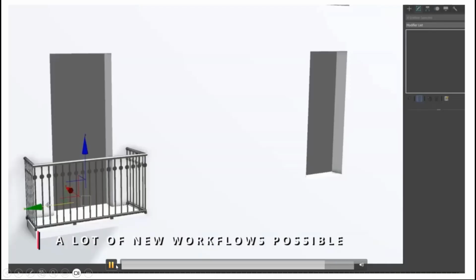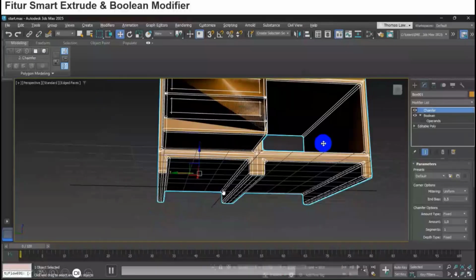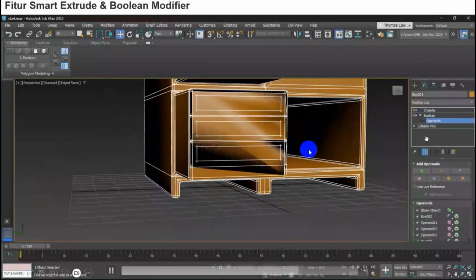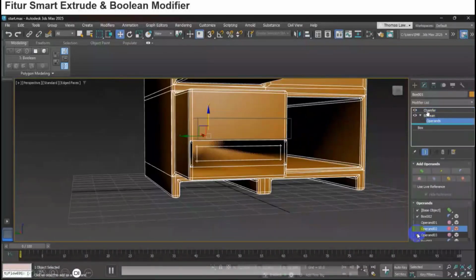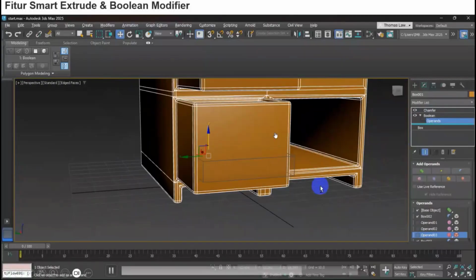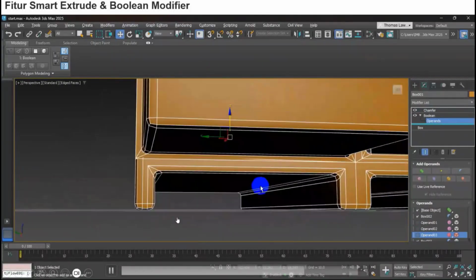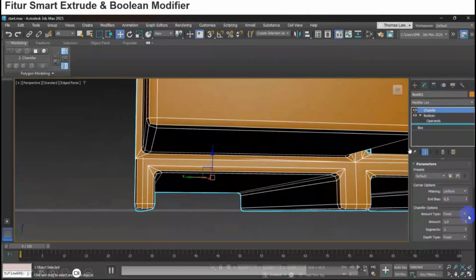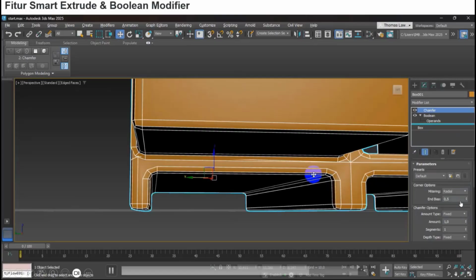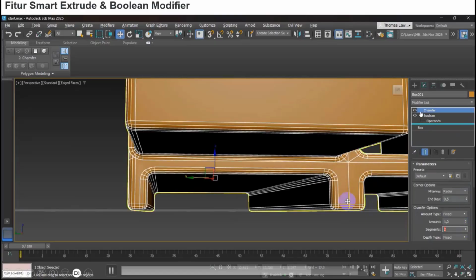I think this is how to create, and this is how easily you create the cupboard. Right now the Boolean modifier supports the chamfer. It's easier when you see it live, so I try to create the cupboard. The chamfer now has a new feature also. This is the chamfer modifier.